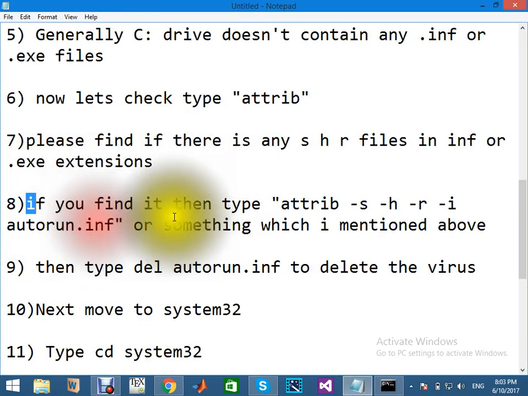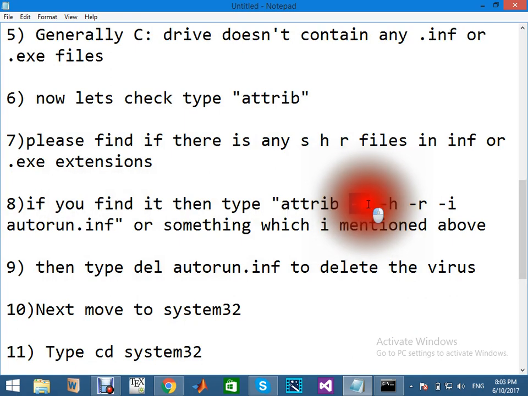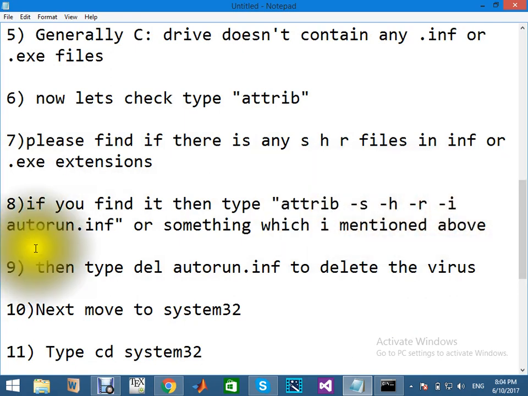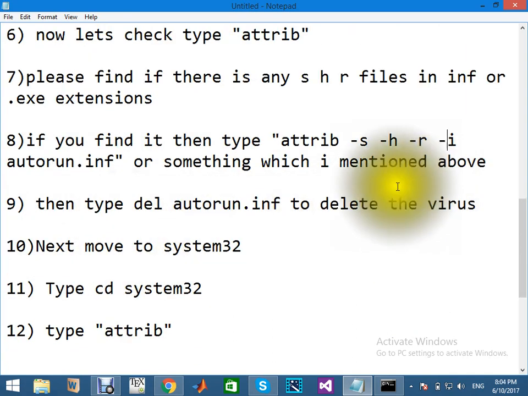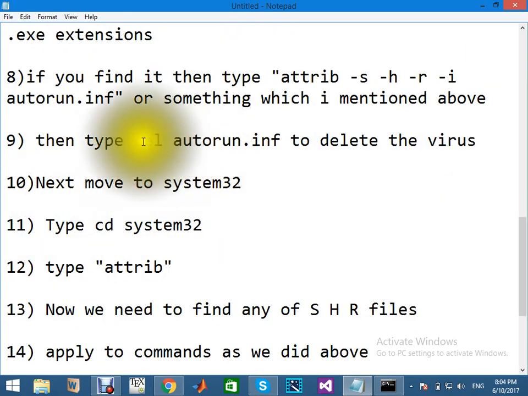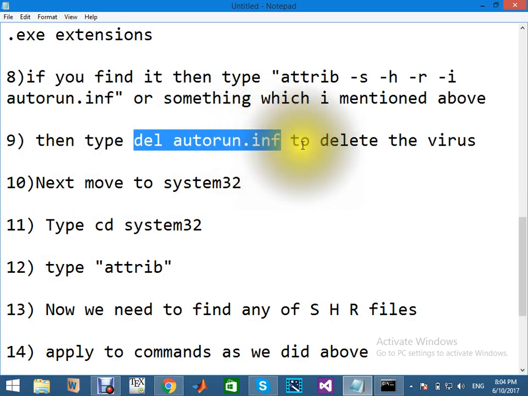If you find one, type attrib -s -h -r autorun.inf or whichever file is mentioned above. Then type del and the file name to delete the virus.